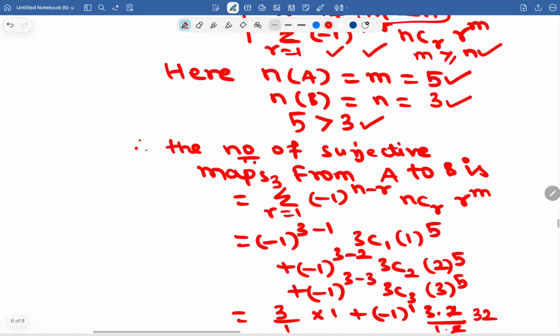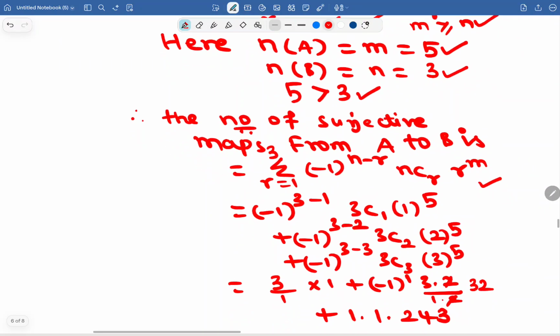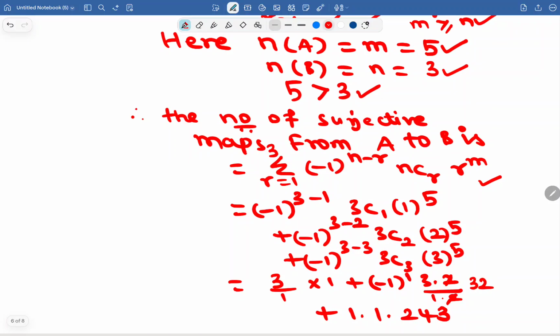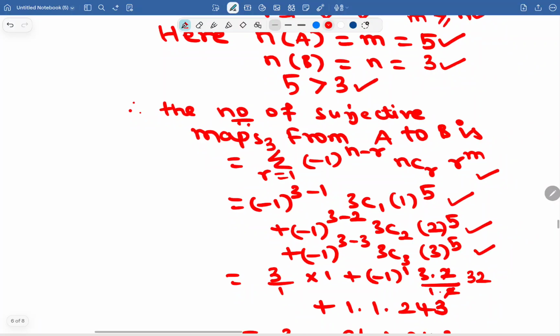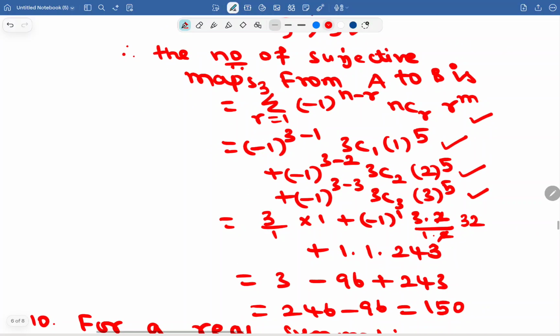Use the result summation r equal to 1 to 3, minus 1 power n minus r, nCr, r power n. That is minus 1 power 3 minus 1, 3C1, 1 power 5, plus minus 1 power 3 minus 2, 3C2, 2 power 5, plus minus 1 power 3 minus 3, 3C3, 3 power 5. Simplifying,